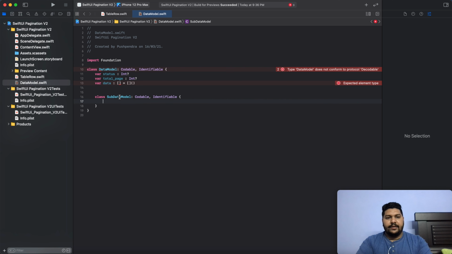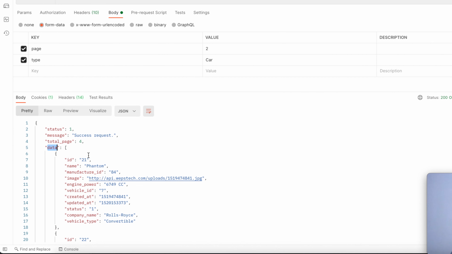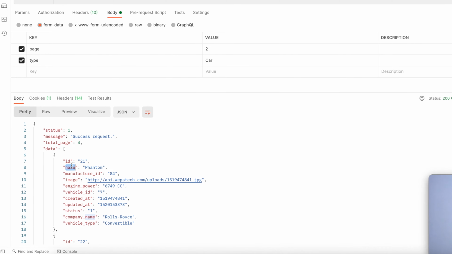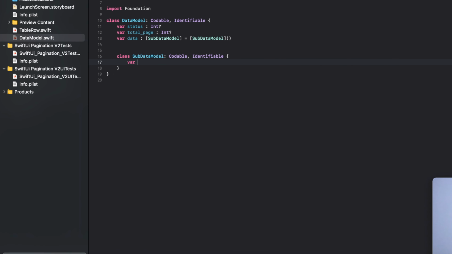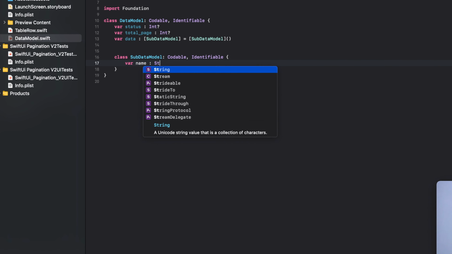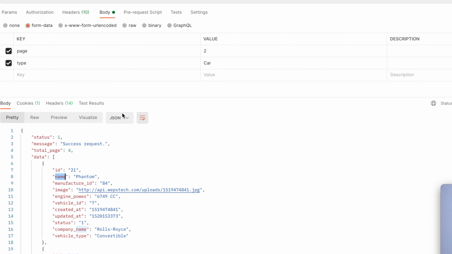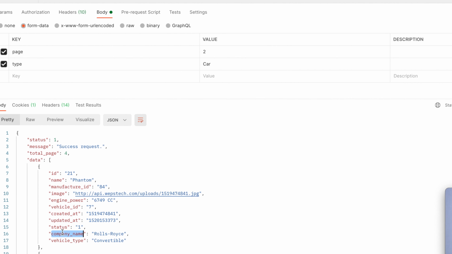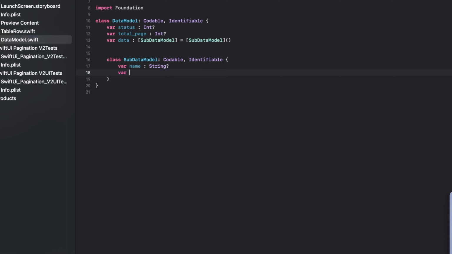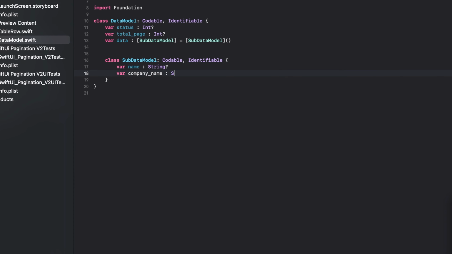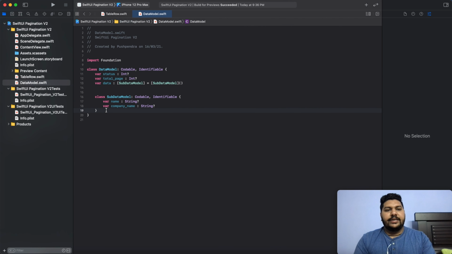Here I will pass this over here so that our parsing works perfectly. Here I will take only name, so var name of type String, and the same with company name, var company name, which is also of type String. So this is the data model hierarchy of the data which will come from the service.